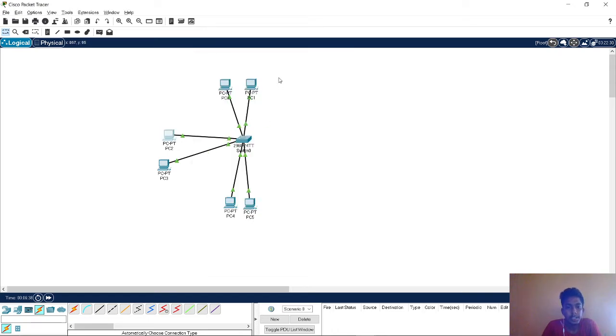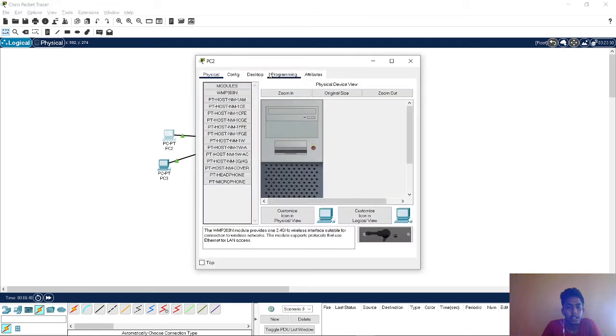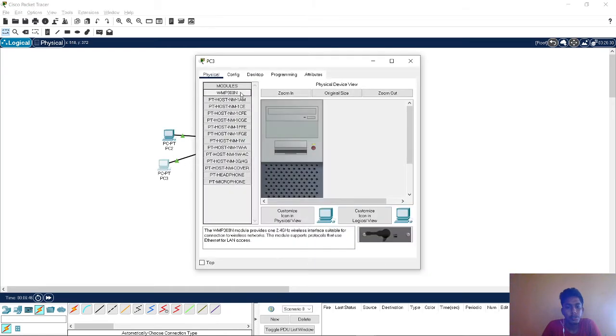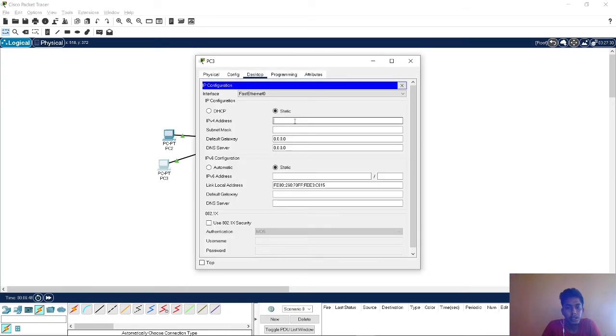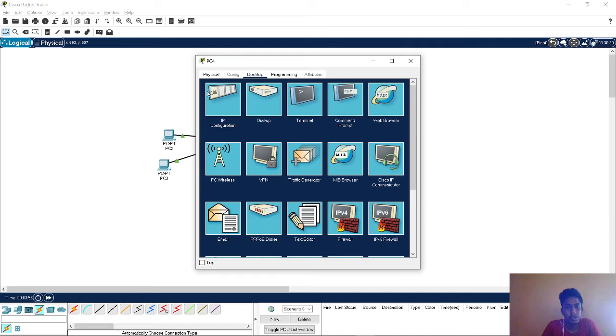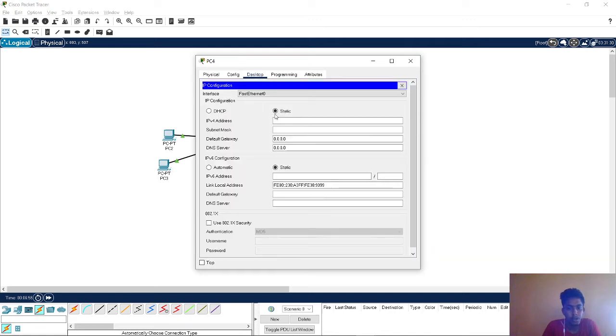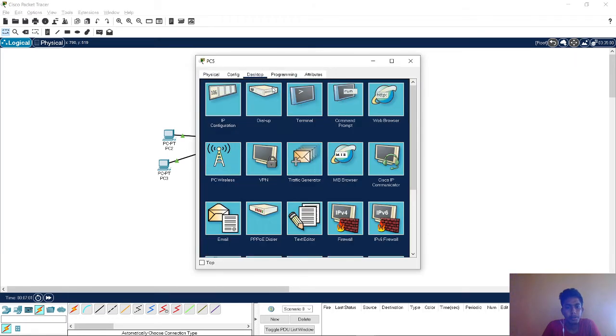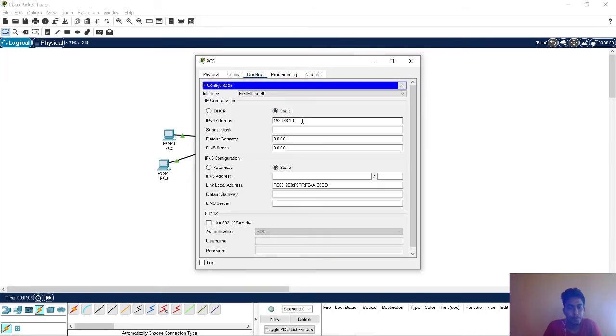For PC3, the IP address is 1.3. PC4, the IP address is 1.4. PC5 is 1.5, and for PC6 it is 1.6. So we have allotted the IP addresses.